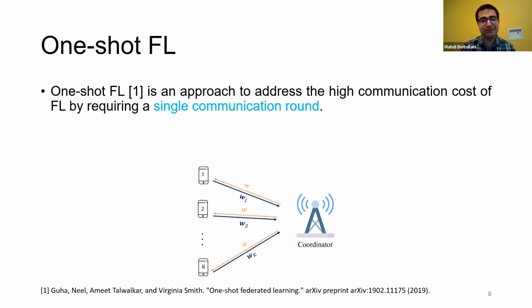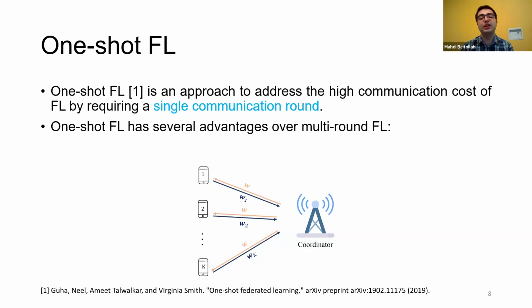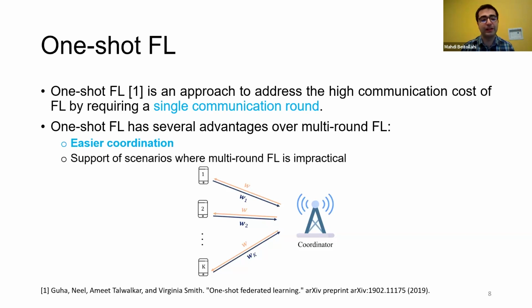I'm a really big advocate of one-shot FL because not only does it solve our high communication costs, but it also has very important advantages. One is, for example, easier coordination. Everybody who works on FL knows how hard it is to maintain this kind of connection between clients and the server. And that's where tools like Flower come in, and they're very good at it. It just allows us to coordinate much more easily. And that's where one-shot federated learning solves this problem, right? It's just a one-time connection, and it is much easier to coordinate.